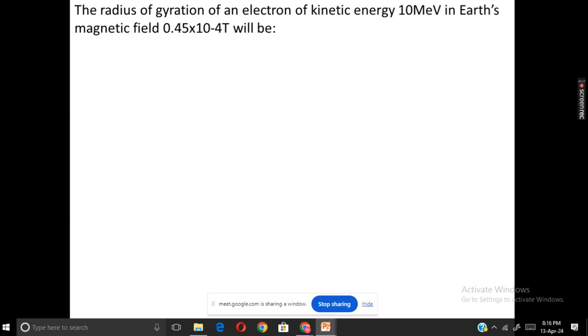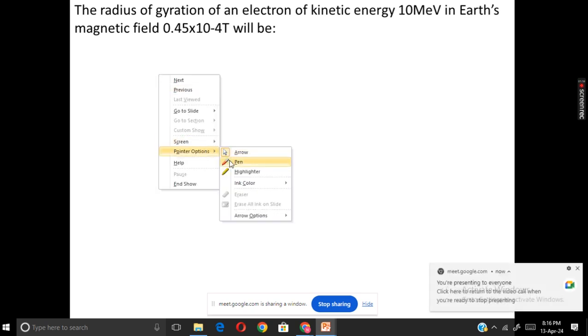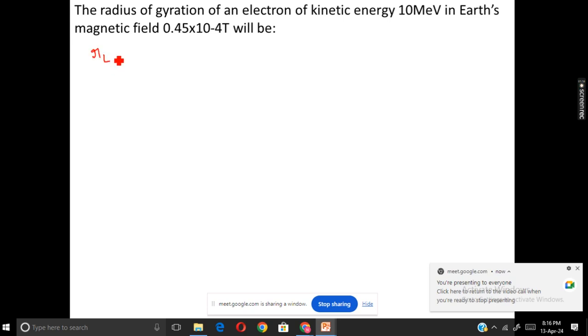So the question is the radius of gyration of an electron of kinetic energy 10 mega electron volt and Earth's magnetic field 0.45 into 10 raised to minus 4 Tesla will be. So we basically want to find the radius of gyration RL of an electron of kinetic energy 10 mega electron volt in Earth's magnetic field 0.45 into 10 raised to minus 4 Tesla. So the equation for RL is mv by